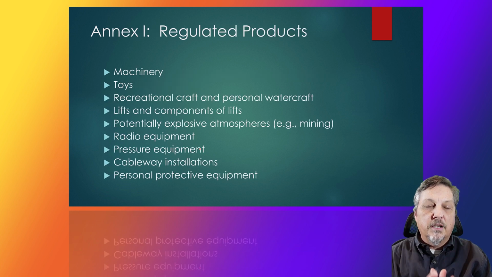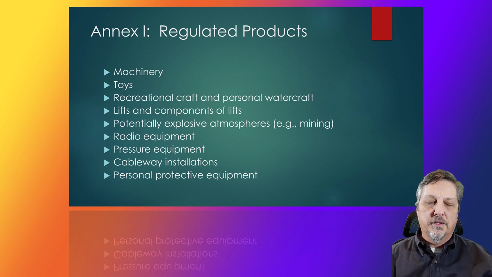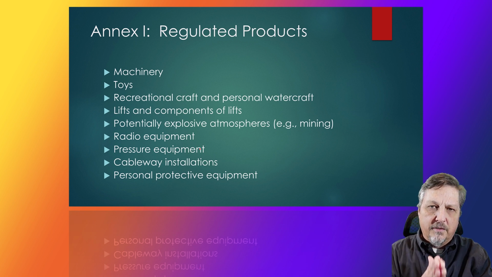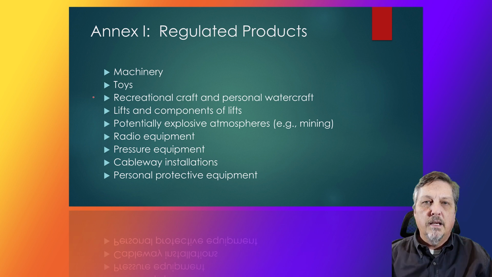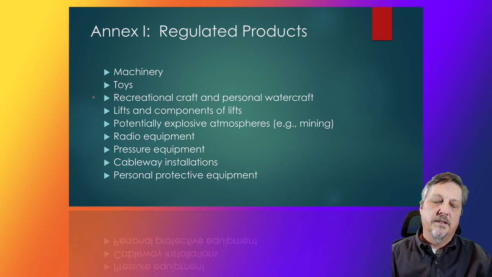So now let's take a look at Annex 1 and what kinds of products or services are regulated there. Now you really have to look at Annex 1 to see the full list of all the specific regulations that are given, but I've tried to distill this and break it down a little bit. And when you look at this list, it probably will make some sense as to why these kinds of things might be subject to some kind of health and safety regulation.